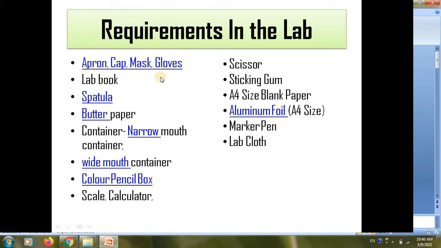The gloves are surgical gloves, which are available in the market for hardly 15 to 20 rupees a pair. A single pair is sufficient for this session. You can reuse the gloves. In normal practice, you cannot reuse gloves from one formulation to another formulation, but for cost cutting, we can reuse the gloves after proper washing. After one preparation, you have to wash the gloves and you can reuse them. These gloves you have to buy and take from your side. Apron, cap, mask will be provided to you.